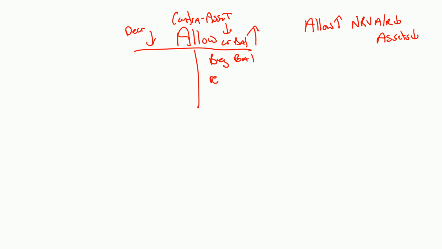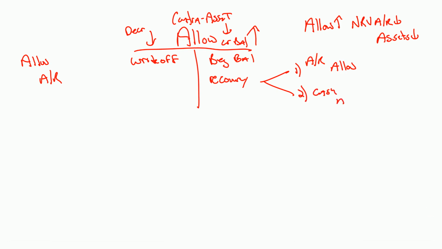Alrighty, so on our credit side, we have our beginning balance. Alrighty, we'll have any recovery if we write off an account receivable. That reduces your allowance account. So the journal entry to write off an account receivable, we would debit the allowance account. We would credit the accounts receivable to do a write-off. If we ever recover an account receivable unexpectedly, wow, it looks like we're going to get paid. This person hit the lottery and is going to pay this bill that we wrote off. Step number one would be to reinstate that account receivable, debit the account receivable, credit the allowance, reinstate it, and then record your cash and get rid of that account receivable. We'll review that as well.